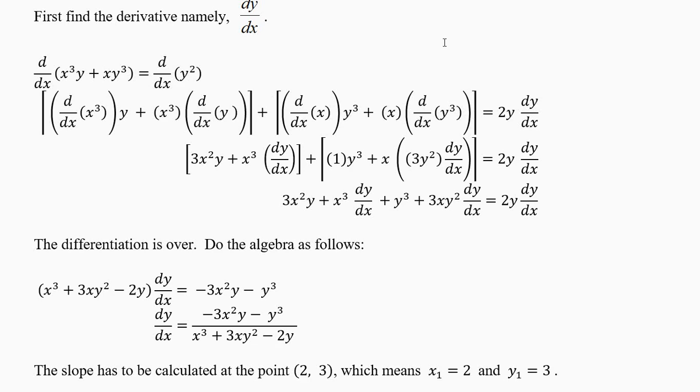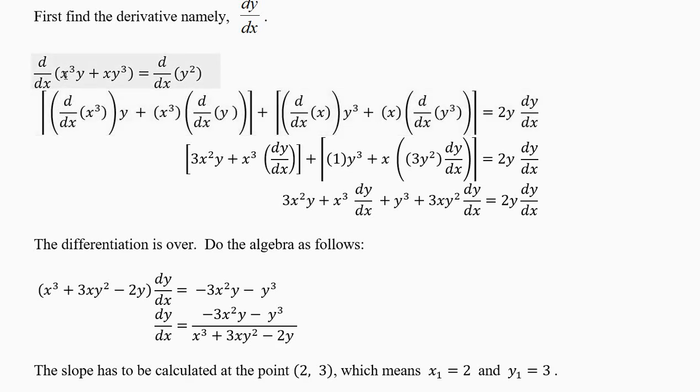If it is x square, you will write 2x and stop. But if it is something different, you have to write dy by dx. So 2y dy by dx, write it in all the lines. So the first thing is x cube y. So we'll spend one square bracket on x cube y. The second thing is xy cube. We'll spend the second bracket on xy cube.